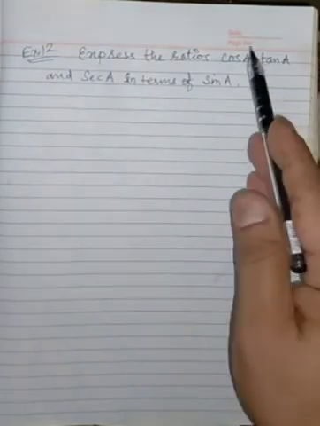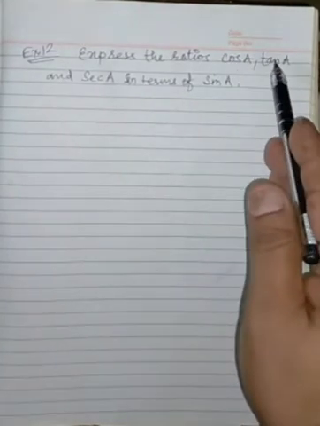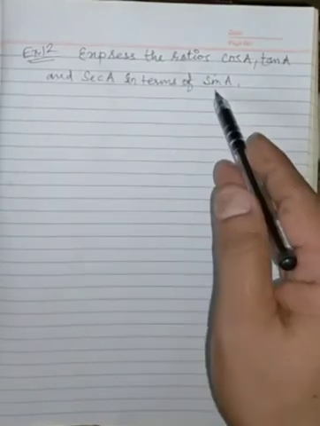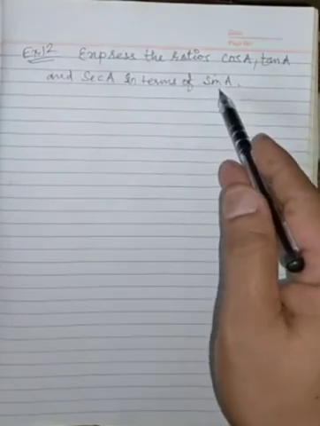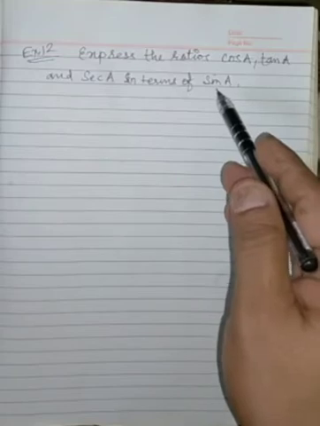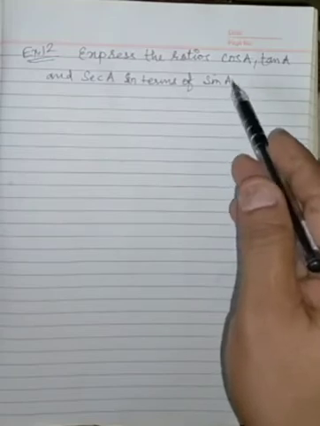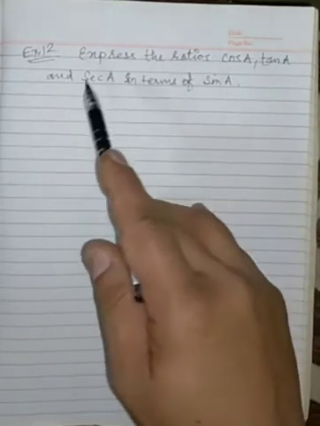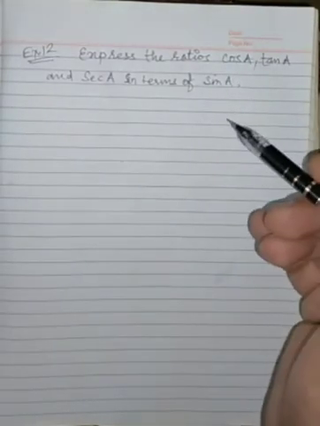Now when converting cos, tan and sec in terms of sin, we have to keep one thing in mind, that we need only sin to be given in answer. There can be no other ratio that can be given with sin. So while converting cos, tan and sec in terms of sin, the answer will come only in terms of sin and no other ratios will be involved in that.